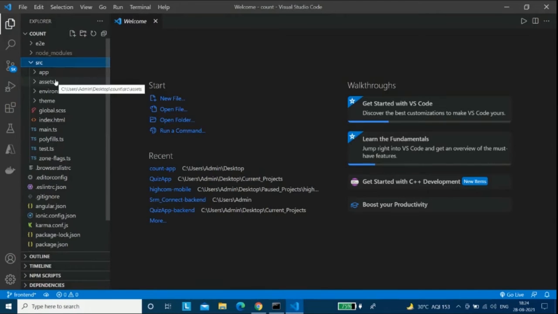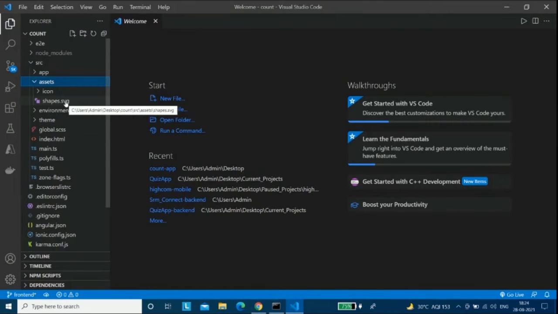Then we have the assets folder. If I open it, we have icons and shape.svg. This is the place where we put our images and all those extra things like any audio file, and we can take it from here in the application. This is the place where we keep all the assets of the project.